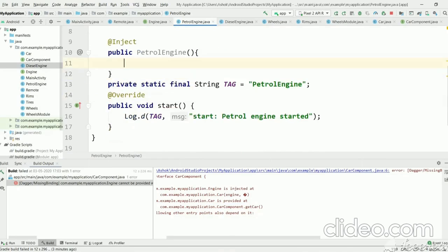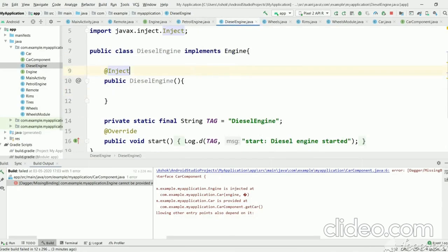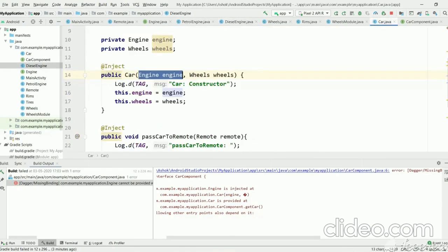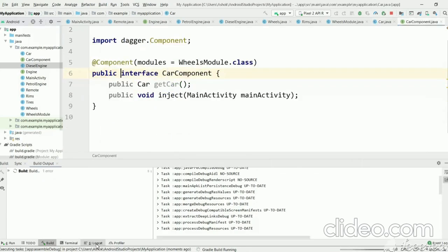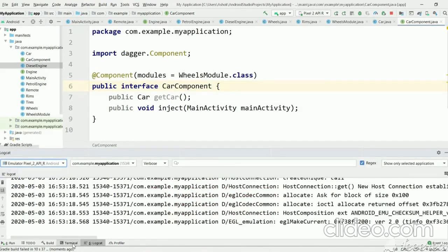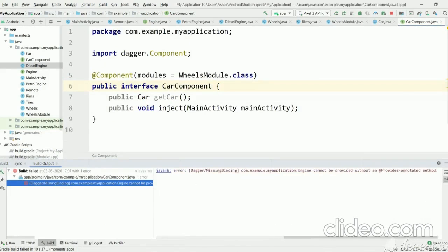So now Dagger knows how to create a PetrolEngine and a DieselEngine. But if you see here, we are just passing the top level interface. We are not specifying to create a petrol engine or diesel engine, so Dagger doesn't know which one to create. Let's execute and see. We may get the same error. So we have got the same error as before. Dagger was still not able to create an object for engine.